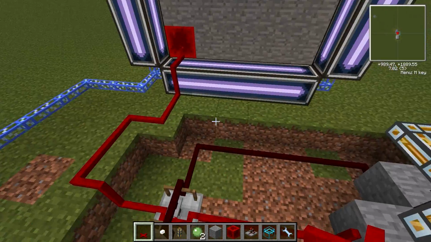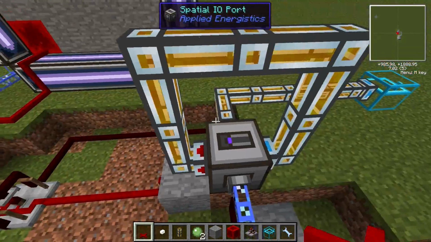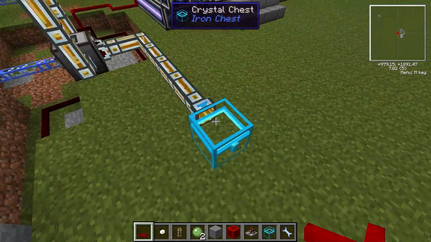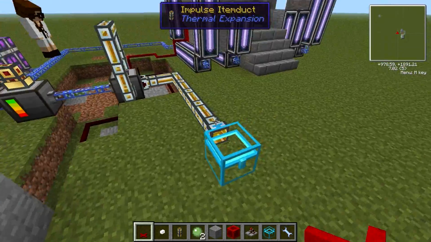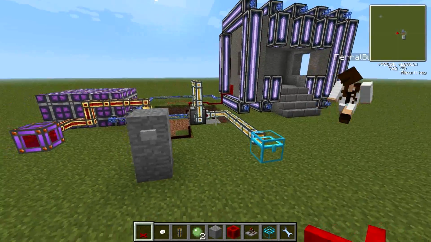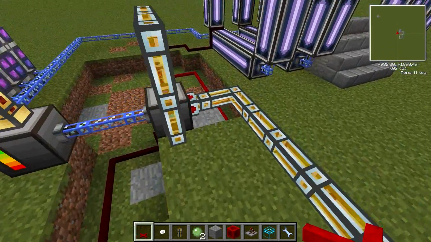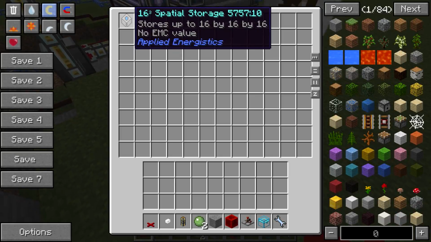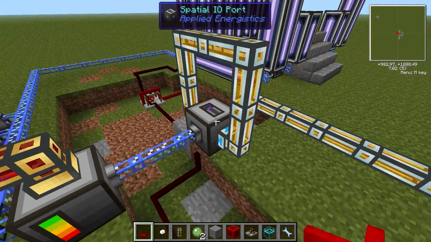I think that's right. I wrote all this down, and it says it's correct. Let's just try it out. So now, when we press this, it should move into the chest. Okay. So this chest will be like the other teleporter pad. Yeah, see, when it got taken in, it changed the output. There it is floating in there. So when the thing comes back, it'll...